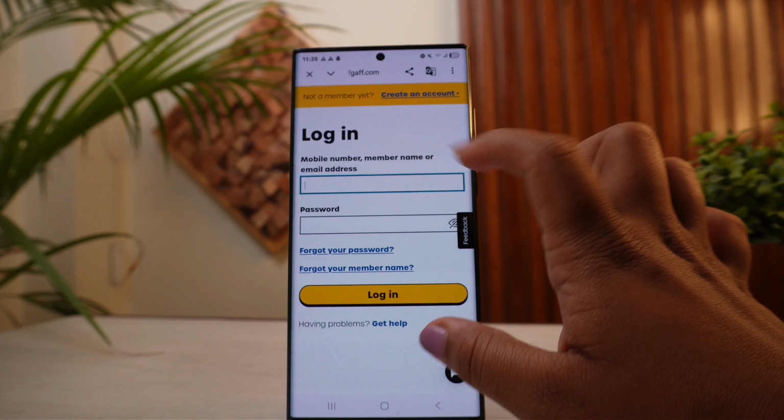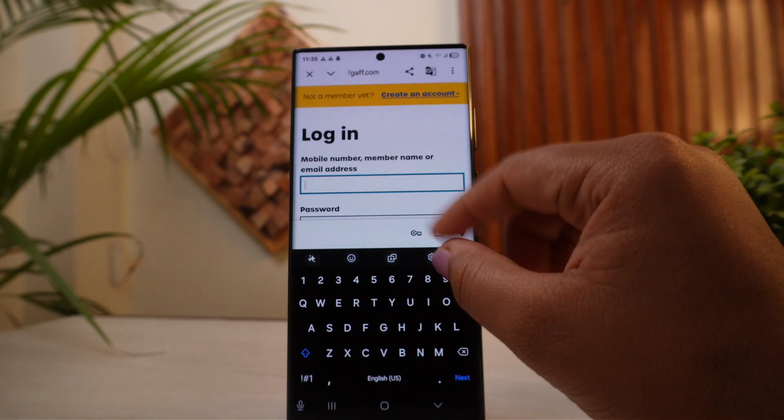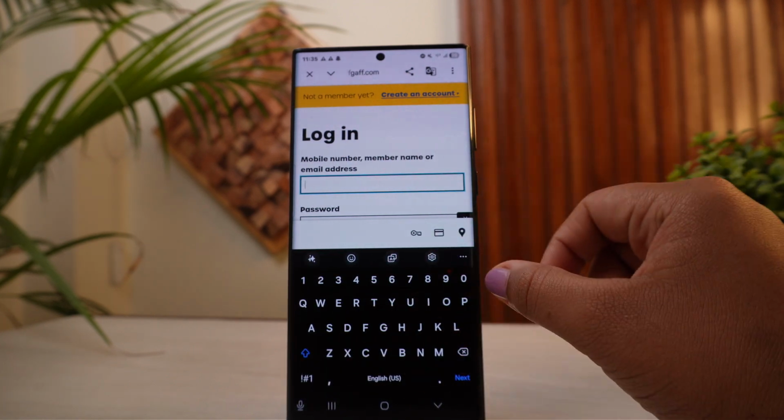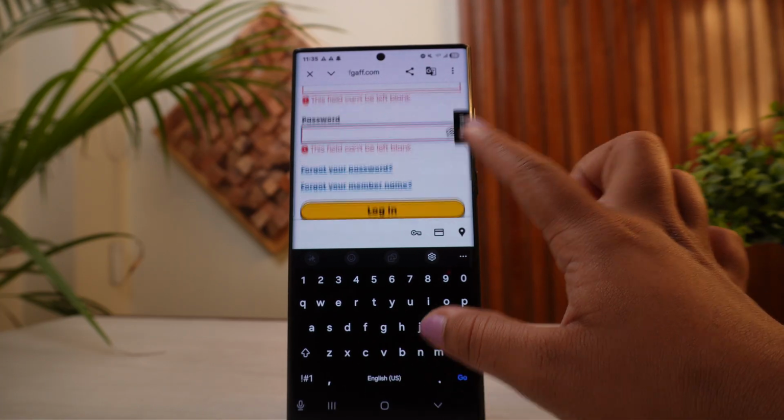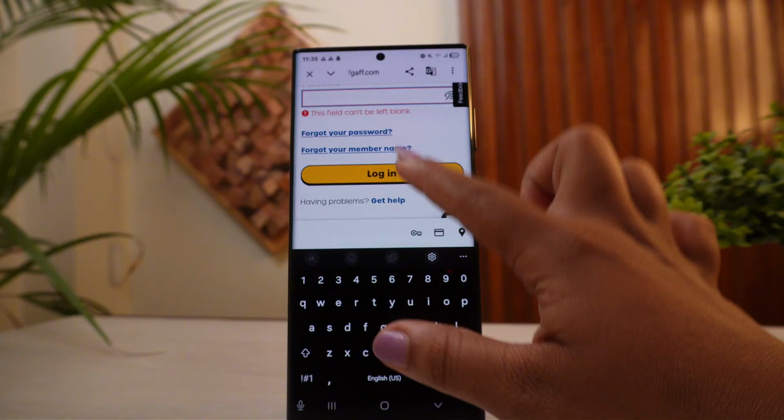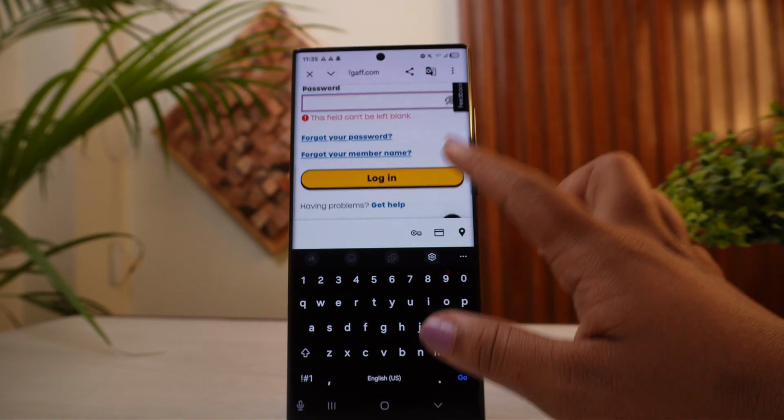From here, all you need to do is add in your mobile number, or you can add in your member name or your email address right here. Then add in the password of your account. Then after doing that, you can simply tap on login, and then you'll be logged into your Giffgaff account